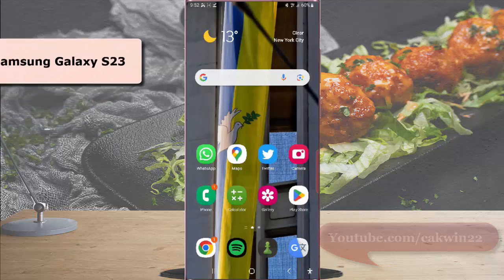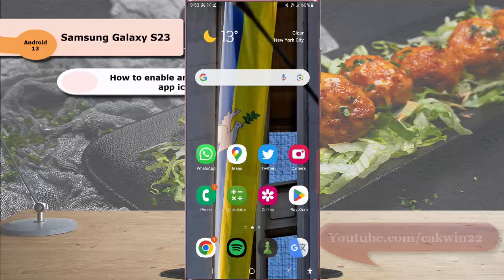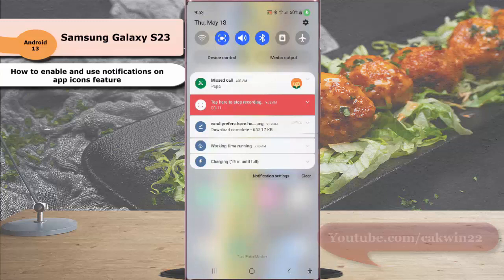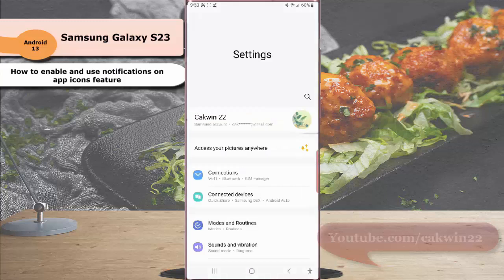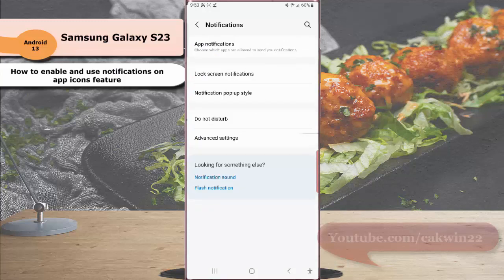To enable and use notification on app icons feature in Samsung Galaxy S23 Ultra, swipe down the top of the screen and then tap setting icon. Scroll down the screen, tap notification, and then tap advanced setting,